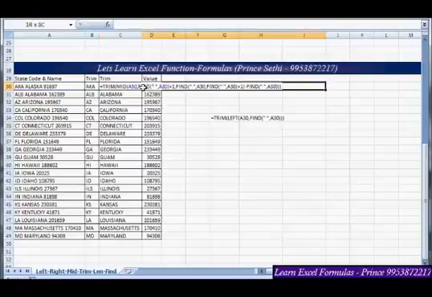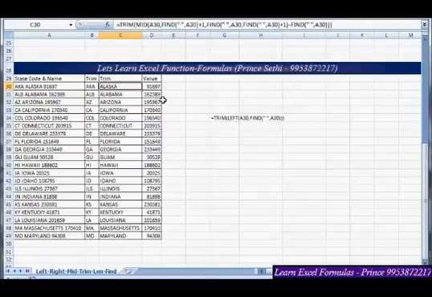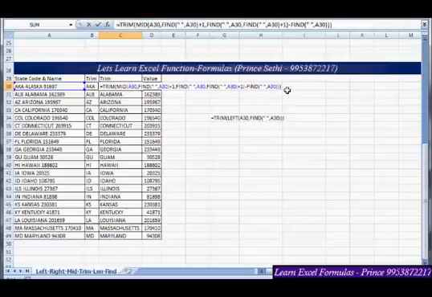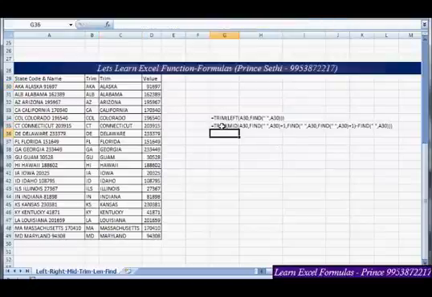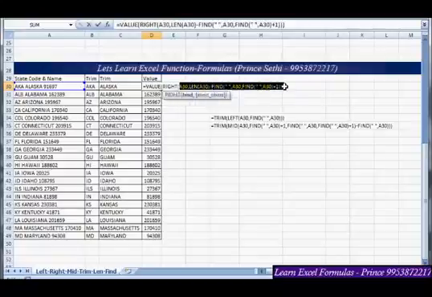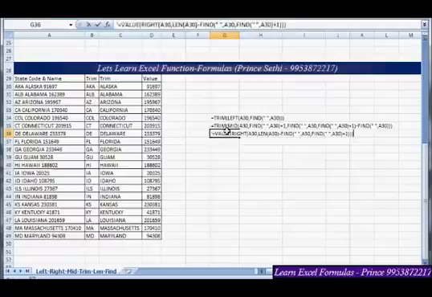Going over there, sorry, this is the code meant for the middle name, and this is the formula meant for your last name.